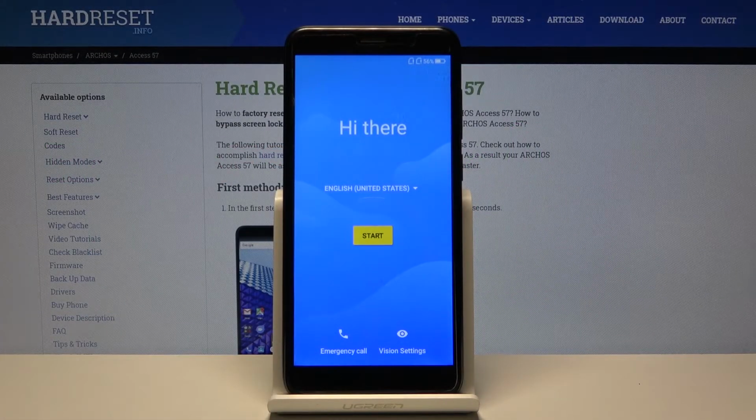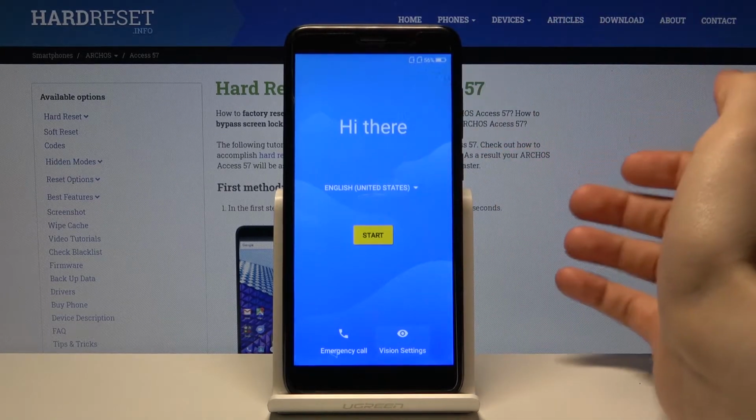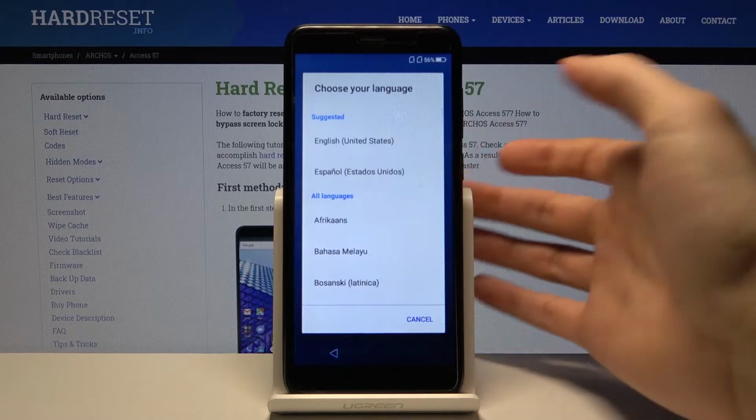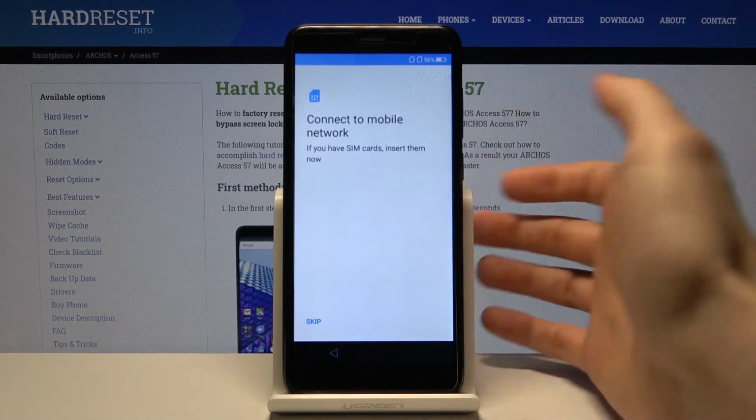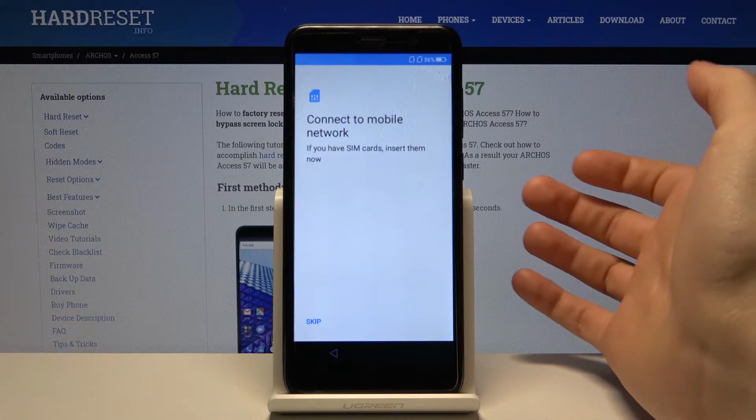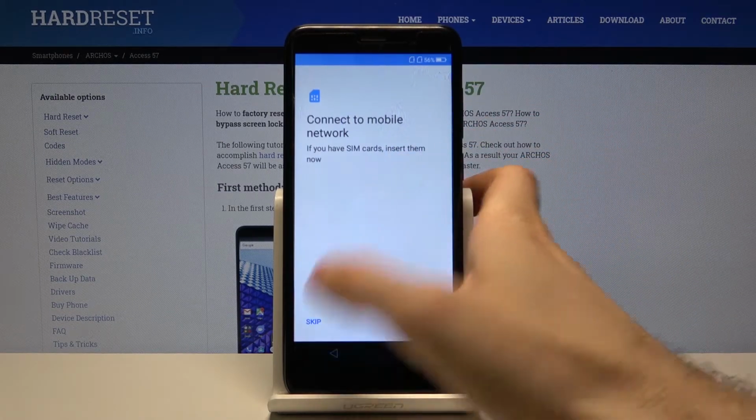Here I have ARCHOS Access 57, and today I'm going to show you how to set up this device. So first of all, you have to select language. I already selected English, and you tap on start. Then you can connect your SIM card if you have one, but if you don't, you can just skip this